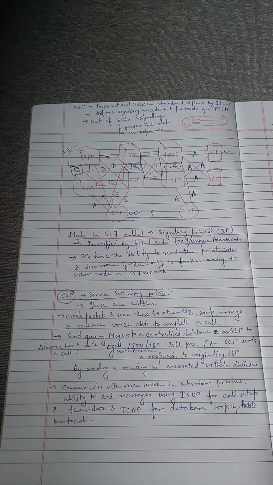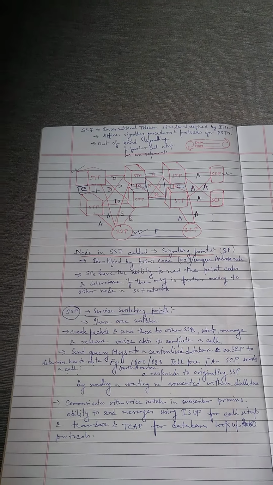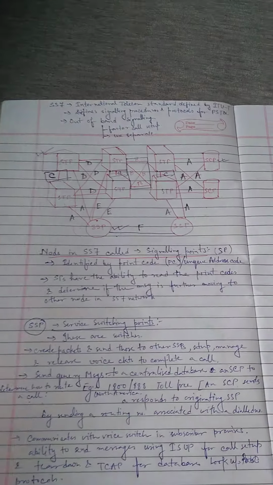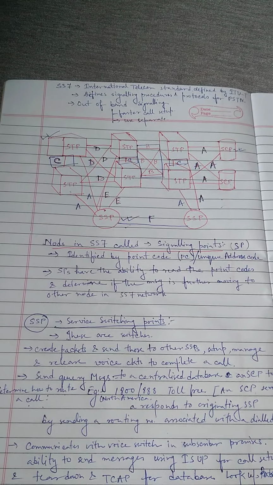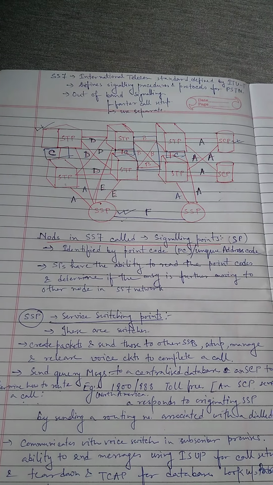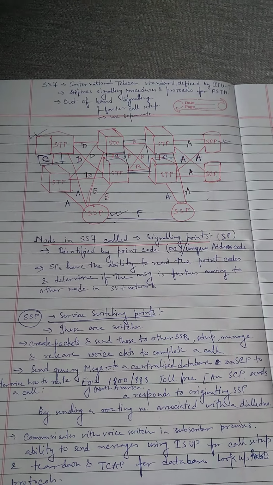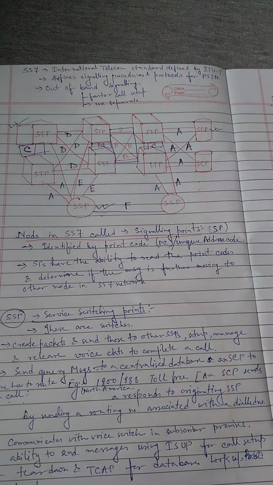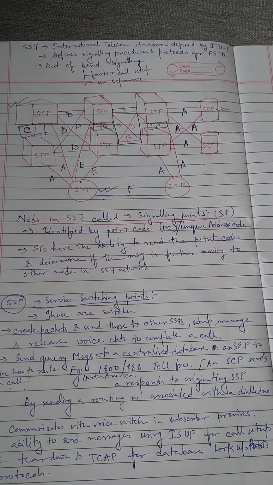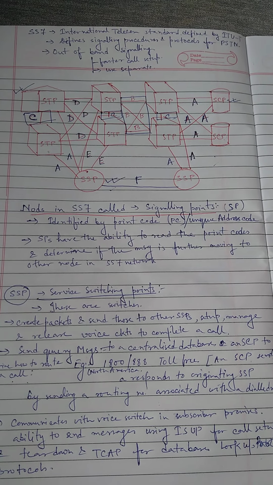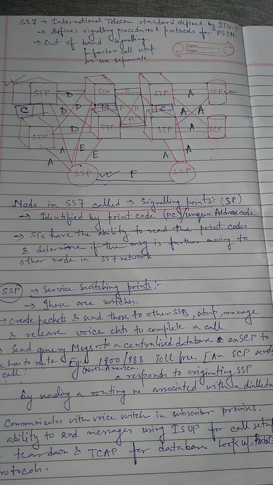It also defines how network elements in a PSTN exchange information over a digital signaling network. That is, it actually makes the call setup between a PSTN and ISDN. A fully digital network is nothing but an ISDN. And again, it also has another property: it uses out of band signaling.